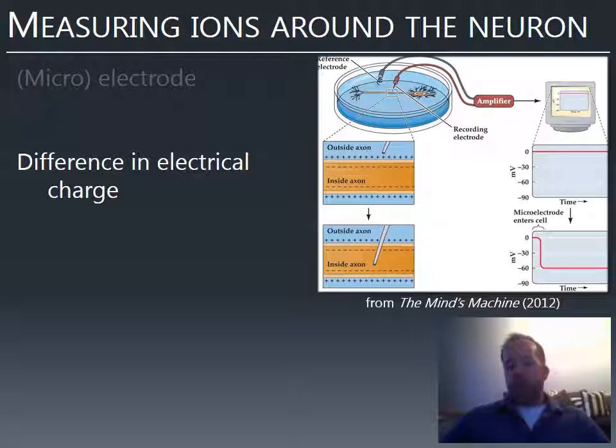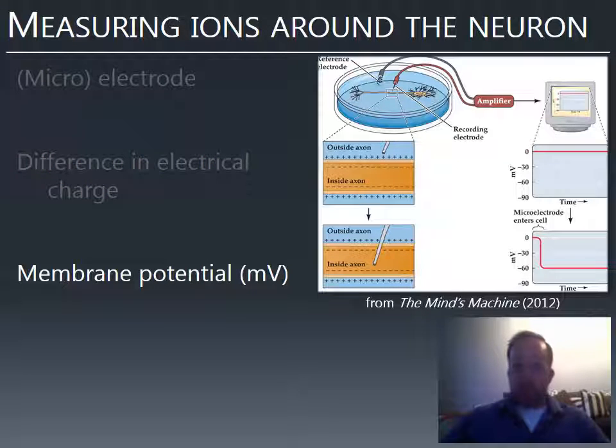And what you're doing is measuring a difference in the electrical charge inside and outside. As I mentioned, you have at least sodium and potassium. There are lots of other ions around. But if you add up all the positive and negative charges outside, and then you add up all the positive and negative charges inside, you can measure the difference in charge. And that's described in volts, just like the volts on a battery. A battery is described in volts because that's a measure of the difference between the two ends of the battery. Here, a volt is a lot of charge relative to a neuron, so they tend to be measured in millivolts, thousandths of a volt.